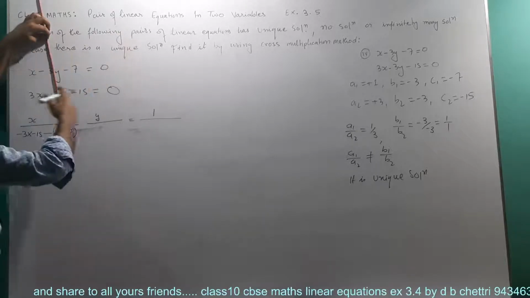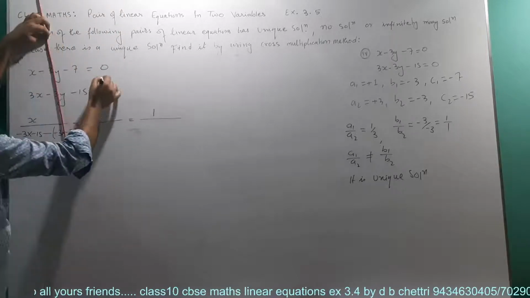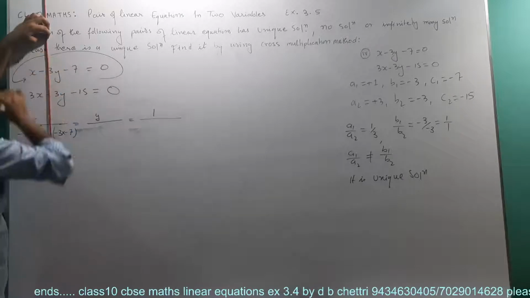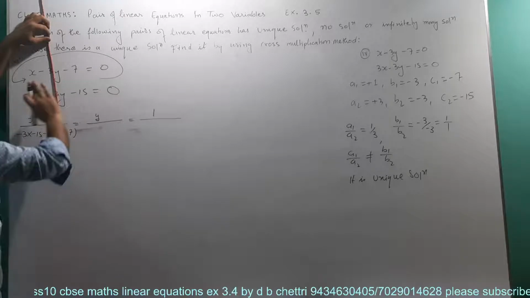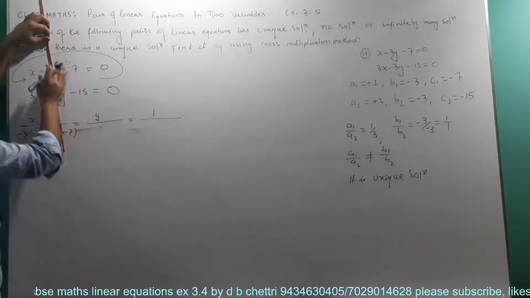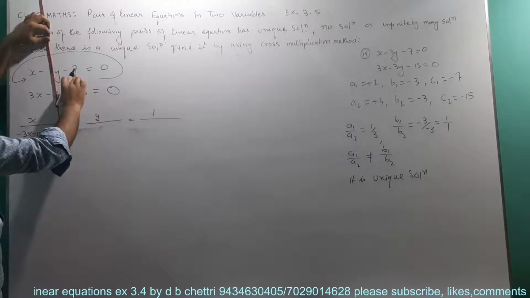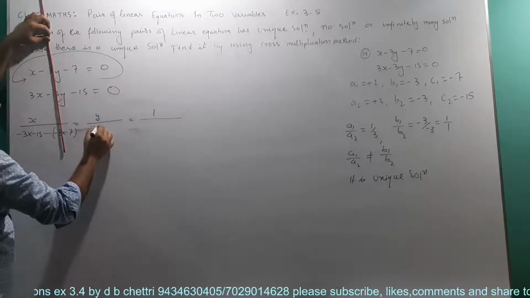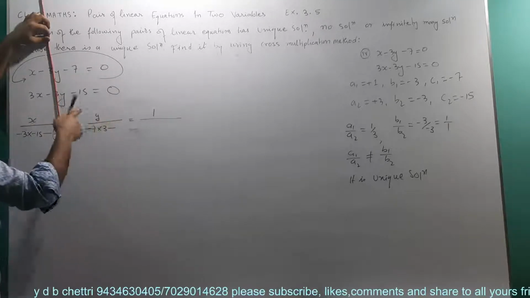Now what is left? Minus 7 multiplied by 3, then put the minus sign, then multiply the other pair, minus